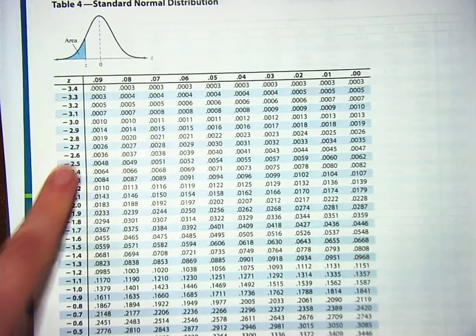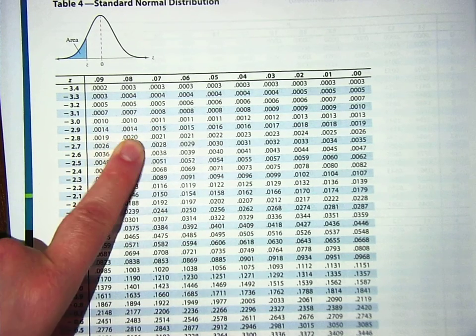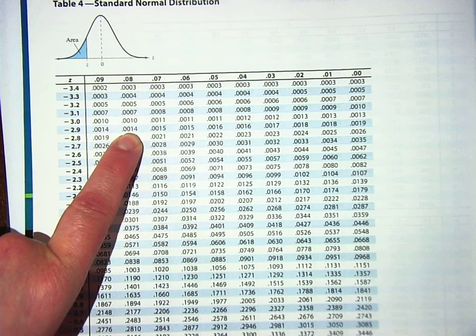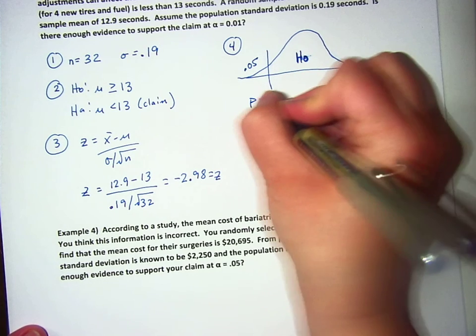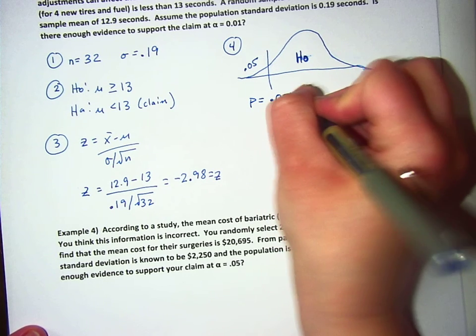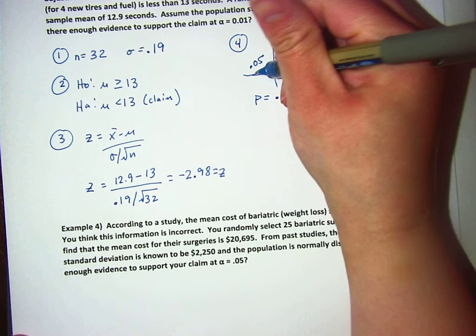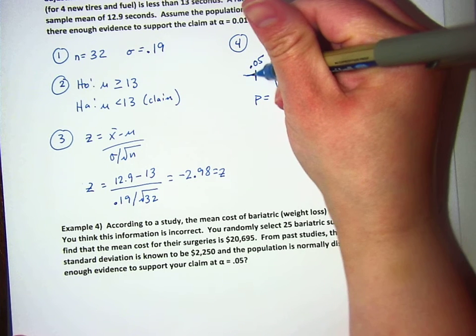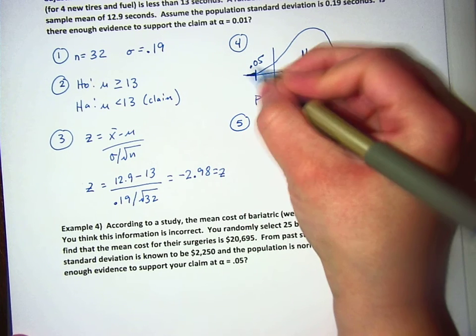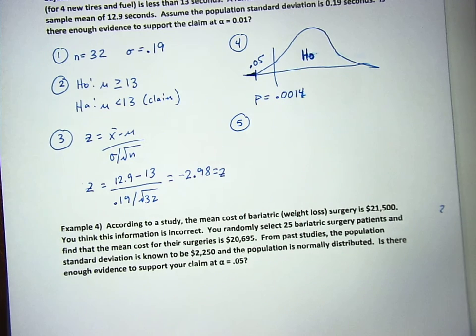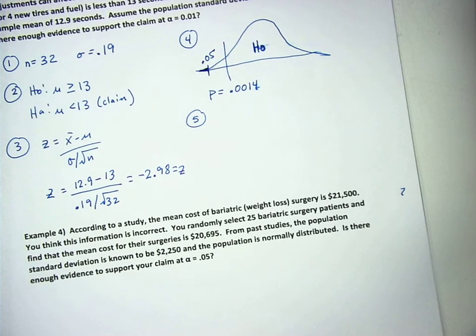Alright, so if I look up in my chart, negative 2.98 is 0.0014. So that's what I've got to look up, and I did. So my p-value equals 0.0014. If you think about that, that is a little tiny area compared to this. And if we were doing a rejection region, it would definitely be falling in that rejection region. You see? So, going back to our plan,